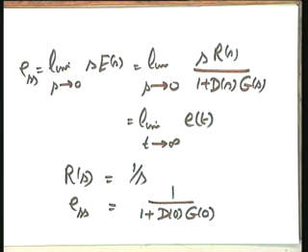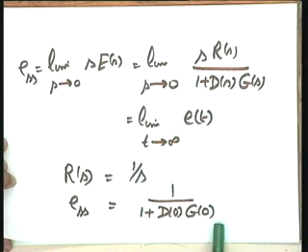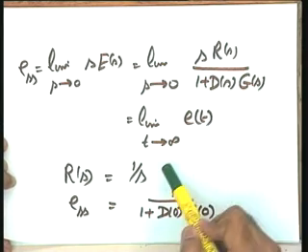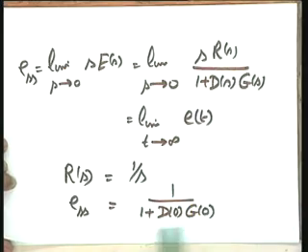What is D0 G0? It is the DC gain of the loop. That is the loop gain at low frequencies. Substituting s equal to 0 is equivalent to getting the DC gain of the loop. That is when the frequency of the signal is low, at that particular point, the gain of the loop is the DC gain. So 1 over 1 plus D0 G0 is the steady state error for the specific situation under consideration, and this is directly dictated by the DC gain.